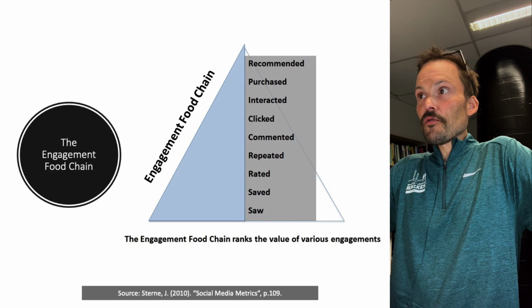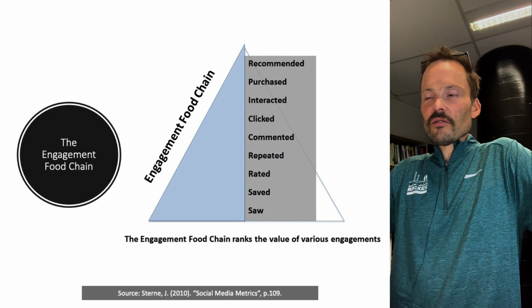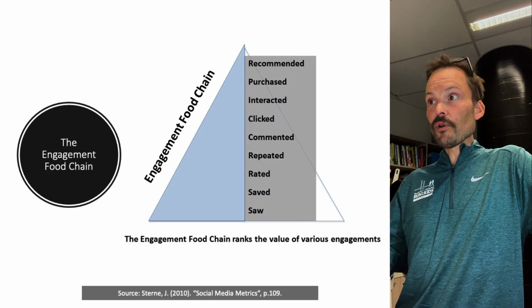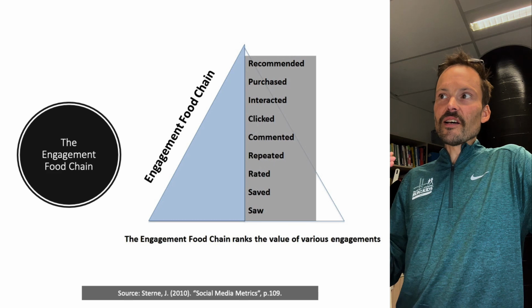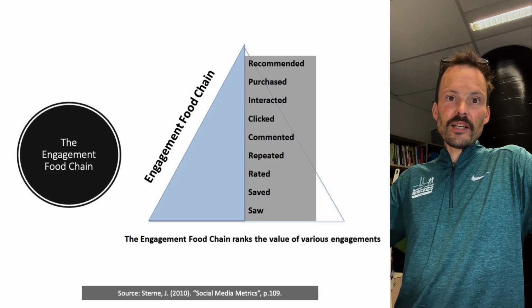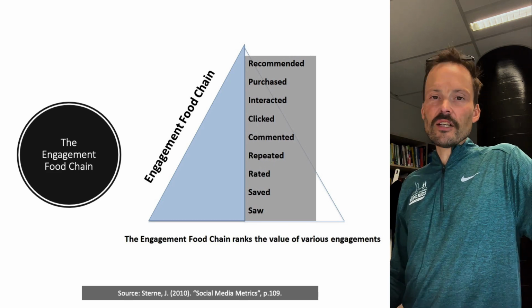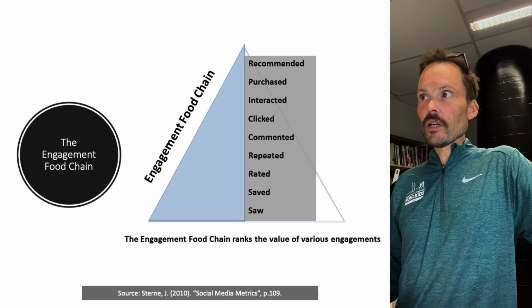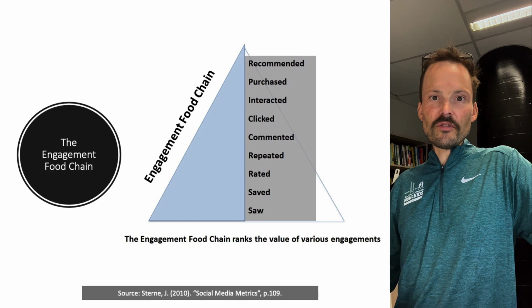The engagement food chain here talks about going from whether people just saw something, whether they saved it, whether they rated it and repeated, and then all the way up to purchasing and then recommending, which is at the top of that food chain,